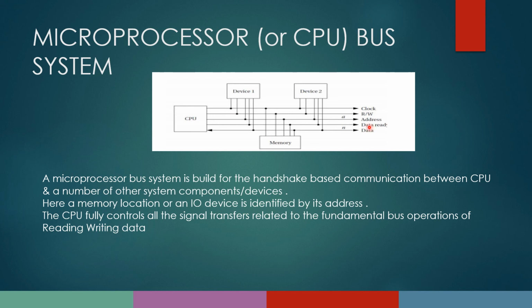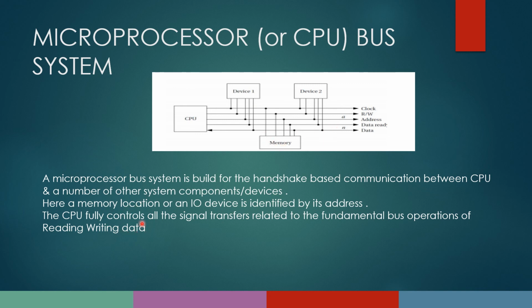Remember that only the CPU is capable of initiating whichever operation, say read or write operation, from an input output device or to a memory. Only this data line is going to be bidirectional. But the other lines, as you can see, regarding the read and write operation or the address, are all going to be unidirectional. So the CPU alone can read and write, but the memory and the input output devices cannot initiate the data transfer because it is a unidirectional signal.